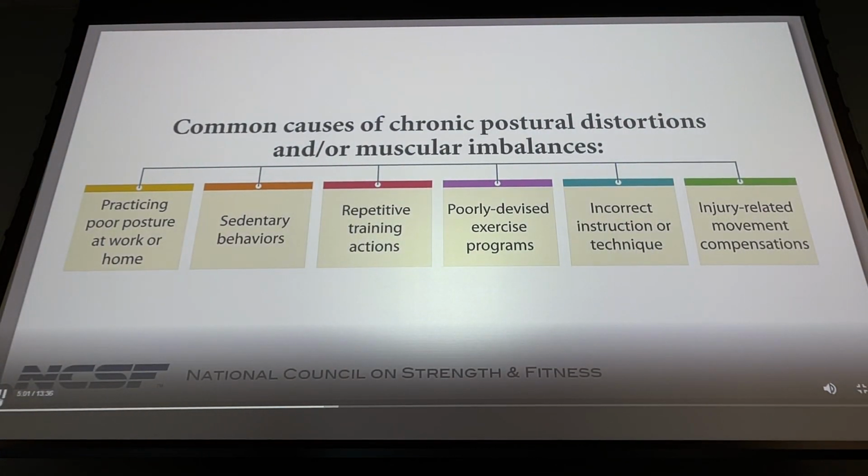Common causes of distortions and muscular imbalance include practicing poor posture at work or home, sedentary behaviors, repetitive training actions, poorly devised exercise programs, incorrect instruction or technique, and injury-related movement compensations. Okay, very simple, but many people kind of look past this, right? Practicing poor posture at work or home,